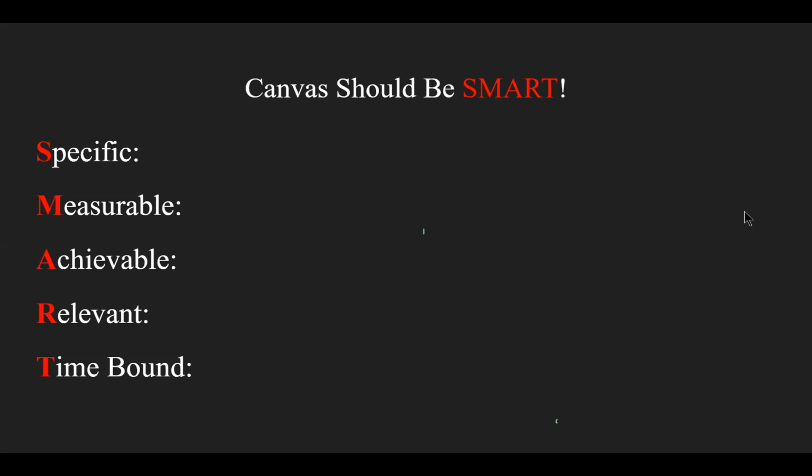But the things you're writing down on a canvas should be, first of all, before any of these 5 things, honest. Because the main purpose of a canvas is that you write all these things down to yourself about your company, your product, your idea, to be true with yourself, to make sure that if everything's going to go well, you are on the right path. So a canvas should be smart, as I said, but before being smart, it should be honest.